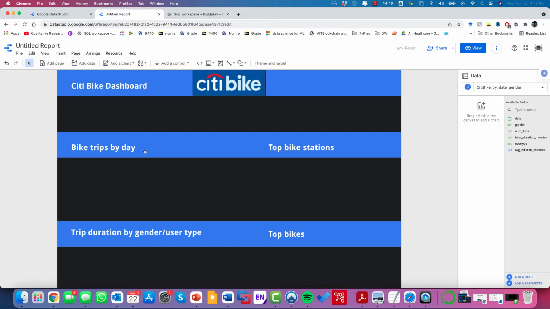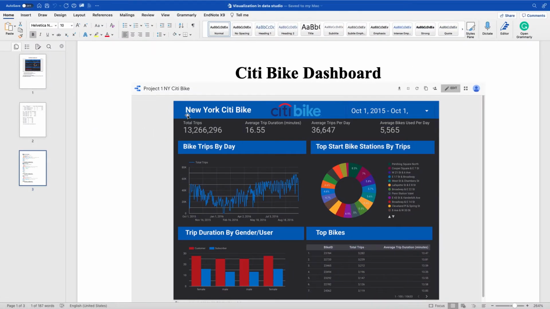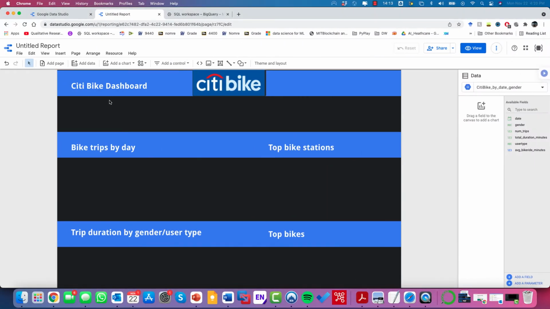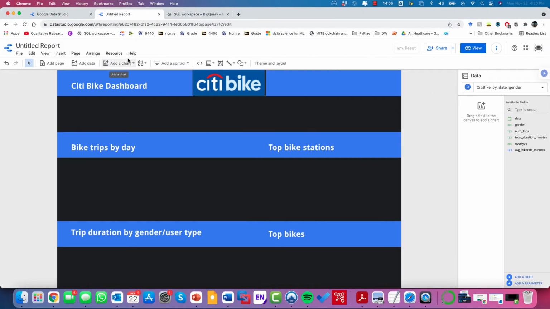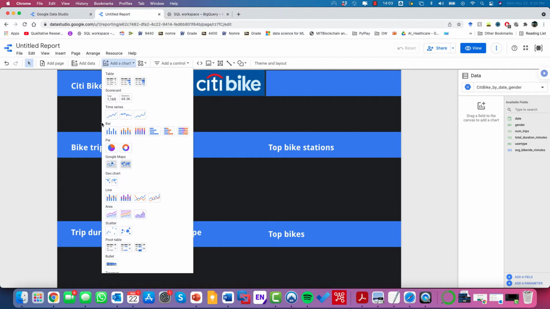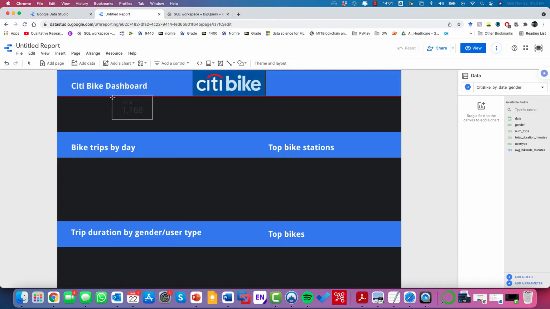Okay, so now that you have some basic elements of this, let's try to mimic again some of these. The first thing you want to add is, now we have our data sets here. I'm interested to add some numbers. Basically, we call these the scorecards, right? So we go to add chart. I'm just gonna drop a couple of these